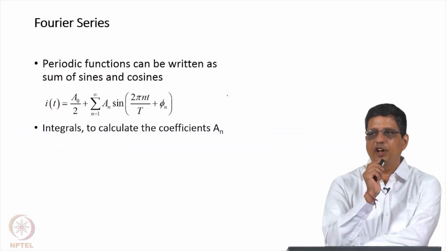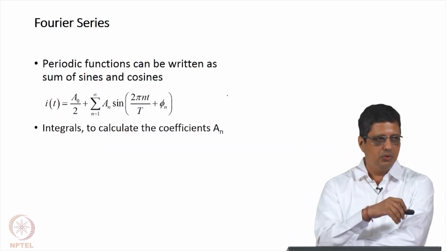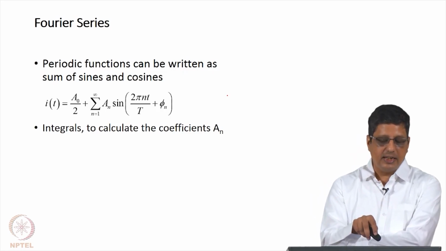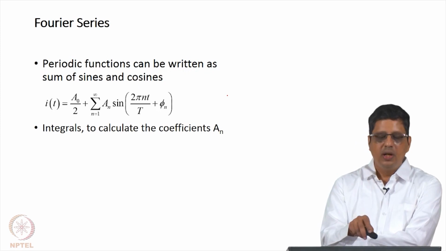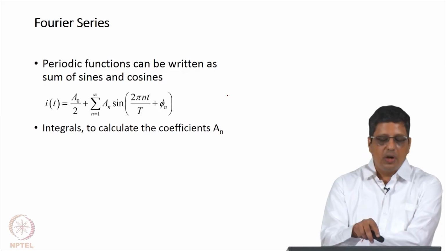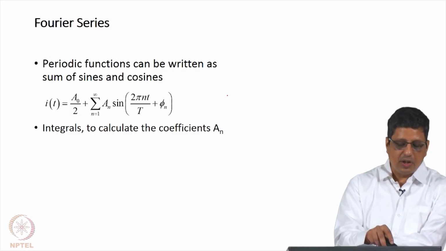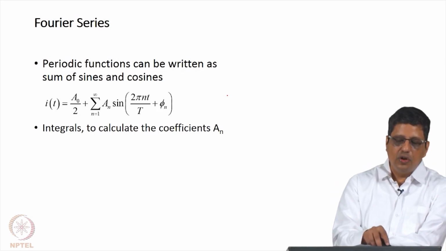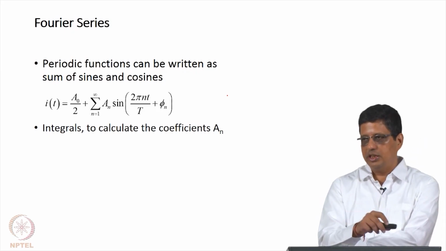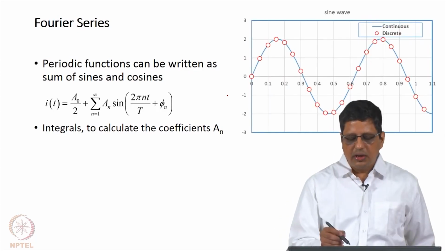Now, you can take any function in the time domain and convert it to the frequency domain. Any periodic function we can write as a sum of sine and cosine. Here I have shown it as sine with a phase, which is the same as sine and cosine, and you can write the current I as a function of time in terms of constants and other coefficients, and the coefficients you can calculate using integrals. You can find it in any of the standard books, or you can search on the net. I am not going to describe them here, but I want you to note the point that the blue